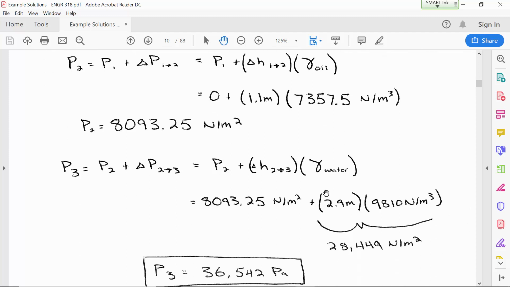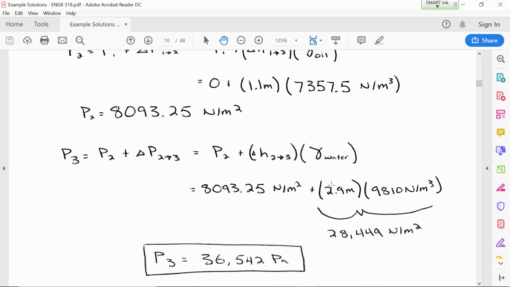So in this case we've got 2.9 meters of depth. And this is a habit you'll see on some of the solutions that I show you, this bracket and the intermediate calculations. I got in the habit of triple checking my calculations when I was in your shoes, because when I took exams we had unlimited time. Can you believe that? Wouldn't that be nice to have unlimited time for exams?